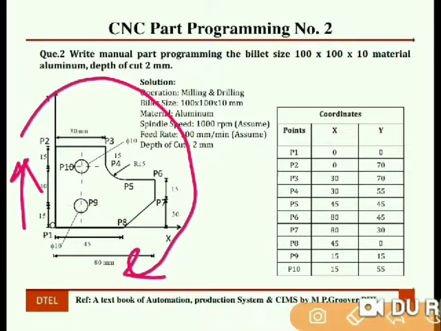Then P2 to P3. The tool path is P2 to P3. We need to cut P2 to P3. From this figure we can observe this is again a straight path, P2 to P3.